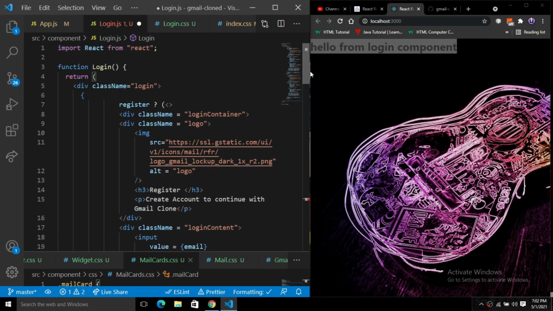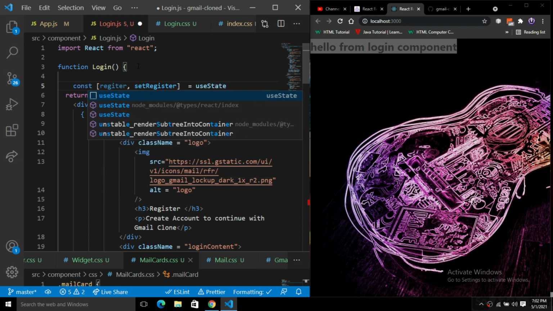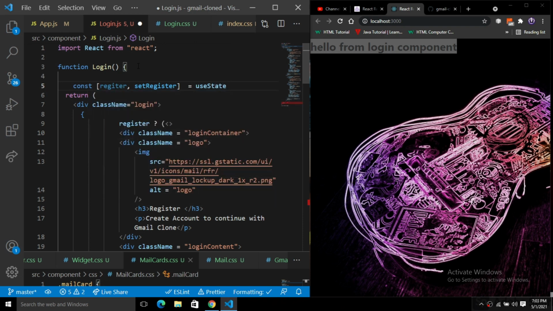Here we have to create the state, whether I'm going to register or log in. So here we will create a useState hook with the name register, setRegister, and initially it will be false. Inside of this useState we pass the boolean value false.